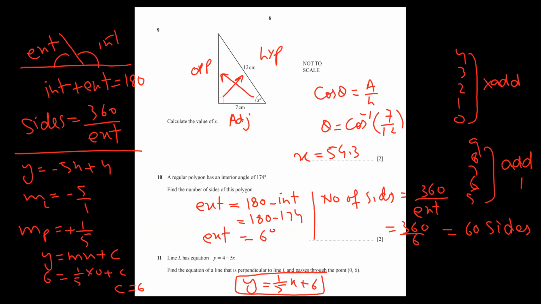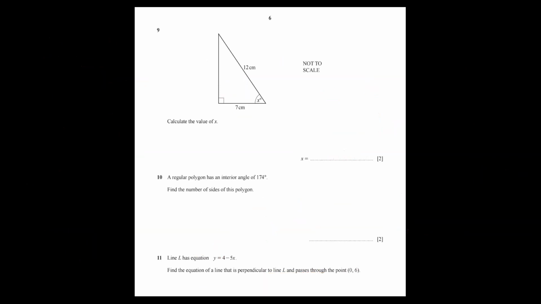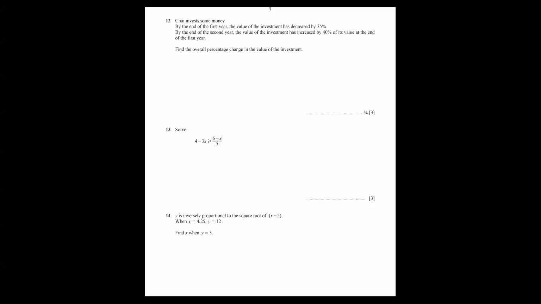And now I'm moving forth, next page. Yes, so question number 12, now I'm going to start. What does question 12 say? C invests some money. By the end of the first year, the value of the investment is decreased by 35%. And at the end of the second year, the value increased by 40%. So some students try to add or subtract together. No, don't try this way. First find the 35% decrease, and then from that answer find the 40% increase. And then we'll compare the first value and the last value difference,